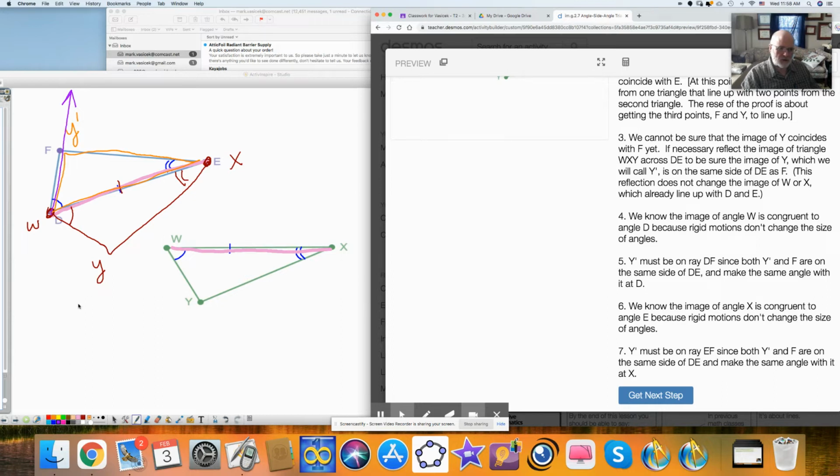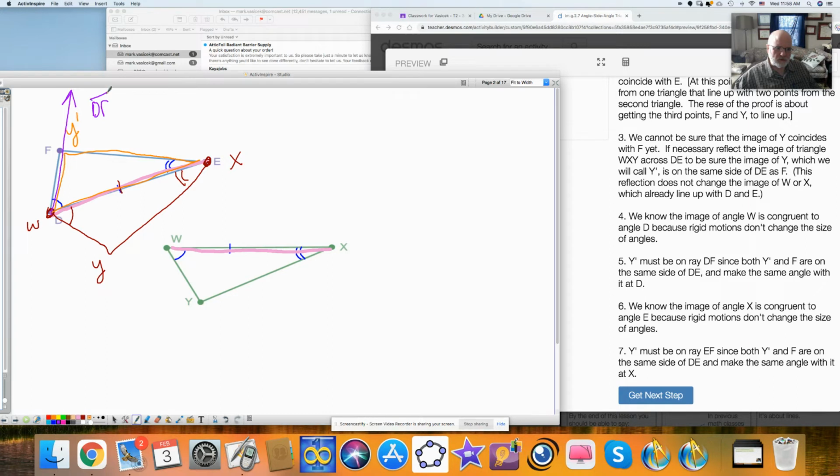I should mark this first one, ray DF. Ray DF is this ray, this purple. I'll do the ray EF. I'll do that in blue. You see, this is the ray EF. Y prime has to be on ray EF, since it makes the same angle here at E as this